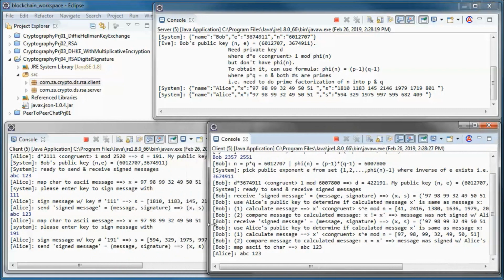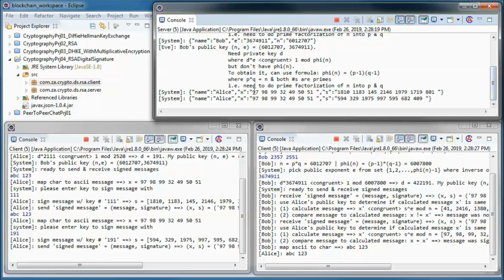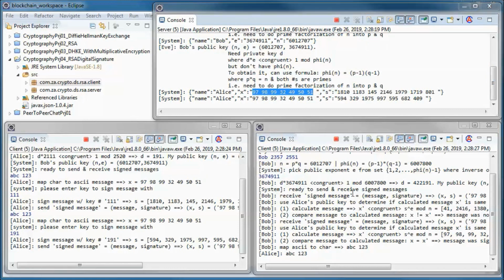Now here we did not encrypt the message, so we do not have any confidentiality since Eve can see the message. And since only Alice and Bob have access to their private keys, using those keys to sign messages authenticates those messages as having been signed by Alice or Bob.